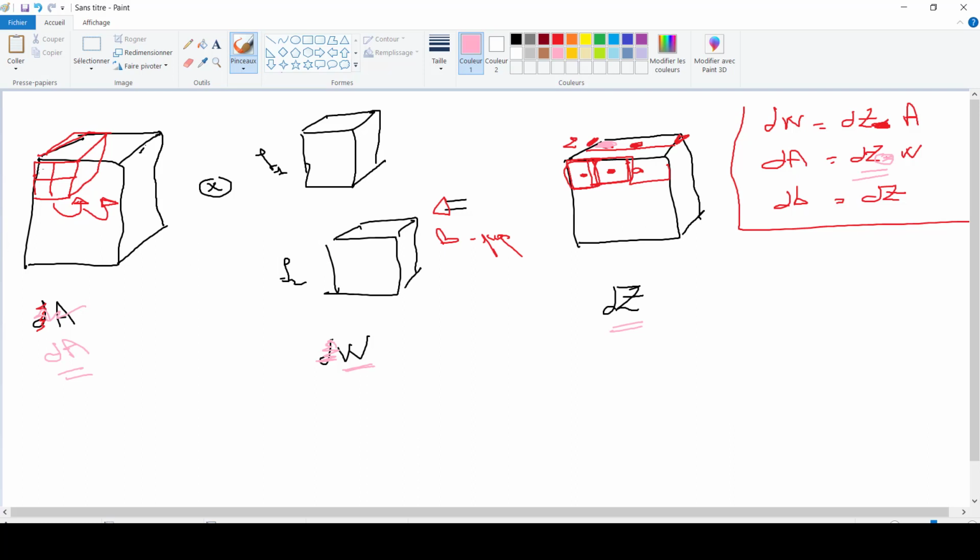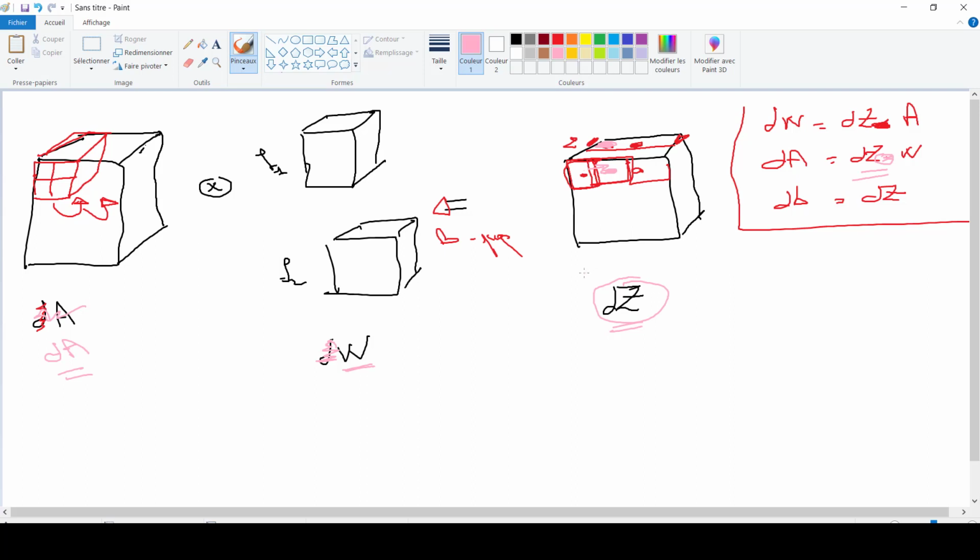I'm going to sum both of these, and I'm going to fill my slice here. Then I'm going to move to take another slice, and then I'm going to move here for this new value of DZ, etc. Okay, so this is how I fill my DA, and this is how I fill my DW, knowing DZ.